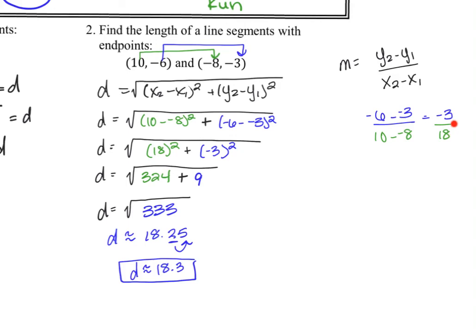So this slope can be simplified because 3 will go into 18. So we have negative 1/6 as the slope. So you just want to be careful. You don't substitute the simplified slope. These are the values you get after subtracting. So those would be the values that you plug in your distance formula. So there are some small minor shortcuts you can take to help minimize your work